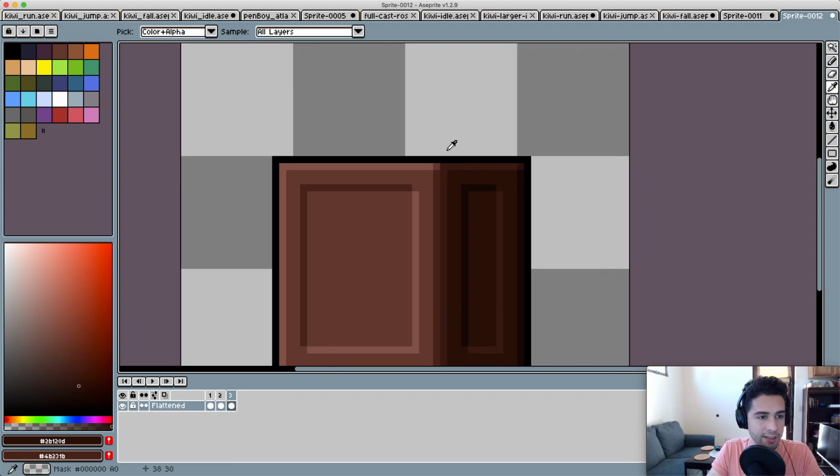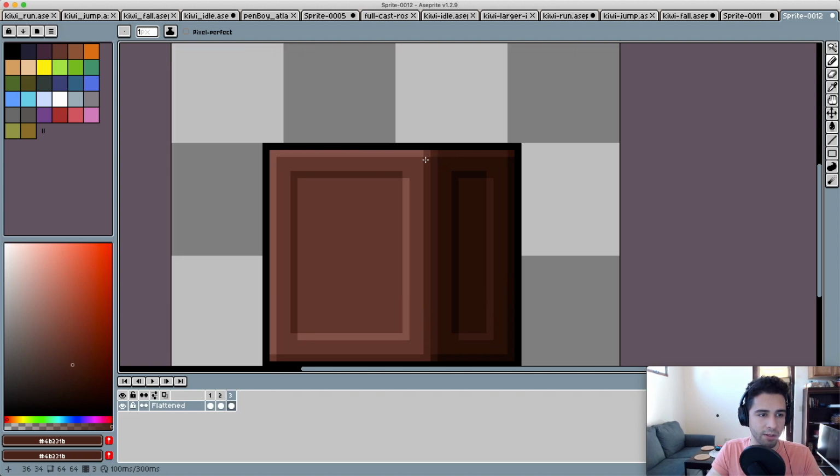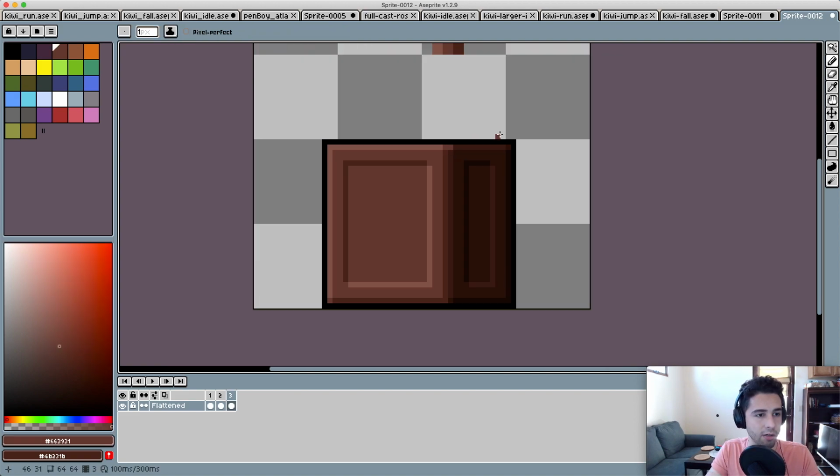One thing I do want to point out is it's interesting that we have this kind of lone pixel here as a kind of light point. So if we wanted to really give this box a little bit of extra character and a little bit of extra dimension, even though this should technically still be brighter, we can actually bring one of these other colors over here,